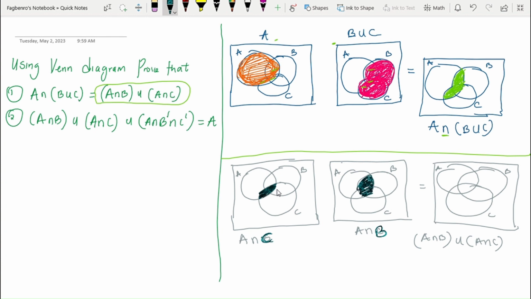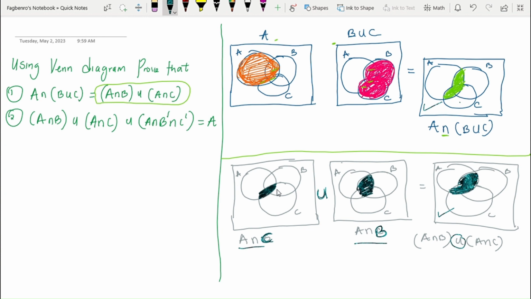B. Alright. Now, don't forget that we are having union here. That is, you want to union these two results together. So the next thing you have to do is combine what you have shaded here and what you have shaded here, and shade it again in your final result. That is, combine the two shaded portions together, and that will just be this part and this part. So you see that this result here is the same thing as the result here, which implies that we've proved